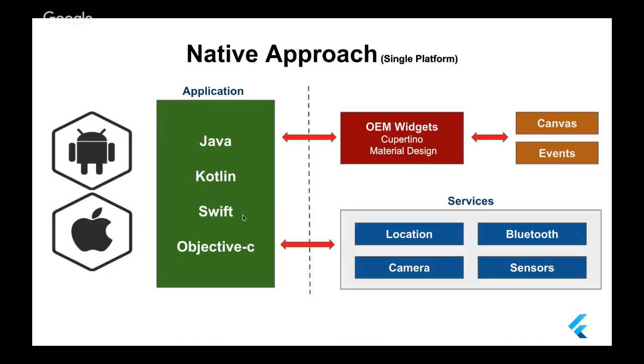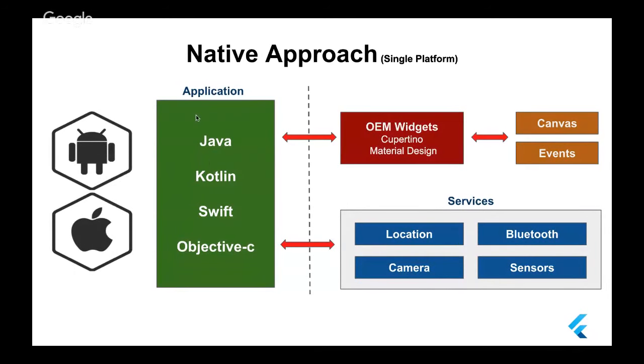On the other side, if you want to develop an application for Apple, you can use Swift or Objective-C. And which language should I use? The answer is Swift. Why Swift? Because Swift is the new language that Apple built, and now we have more support. There is still support for Objective-C, but it's better to use Swift. It's a better language, it gives you better performance, and its syntax is better than Objective-C. Now, if you want to develop a native mobile application for Android, start with Kotlin, and if you want to develop for iOS, start with Swift.